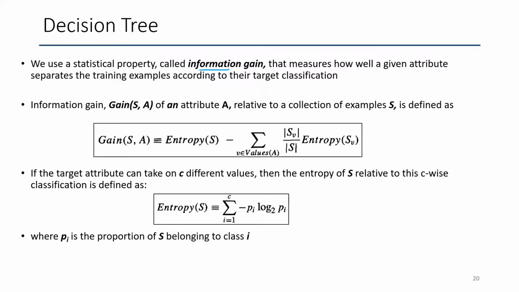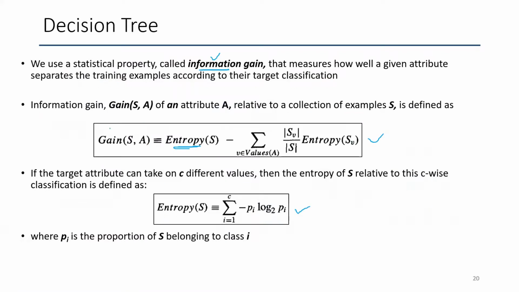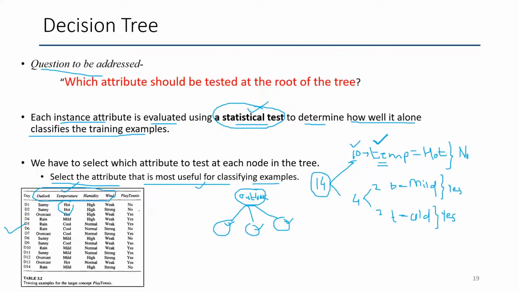So we will be calculating the information gain for each attribute, and we are going to select the particular attribute which has the highest information gain value. The formula for that is this one, where entropy is given by this formula. We'll see the same example and try to find the decision tree for it. We'll be implementing these equations and deriving a decision tree for this